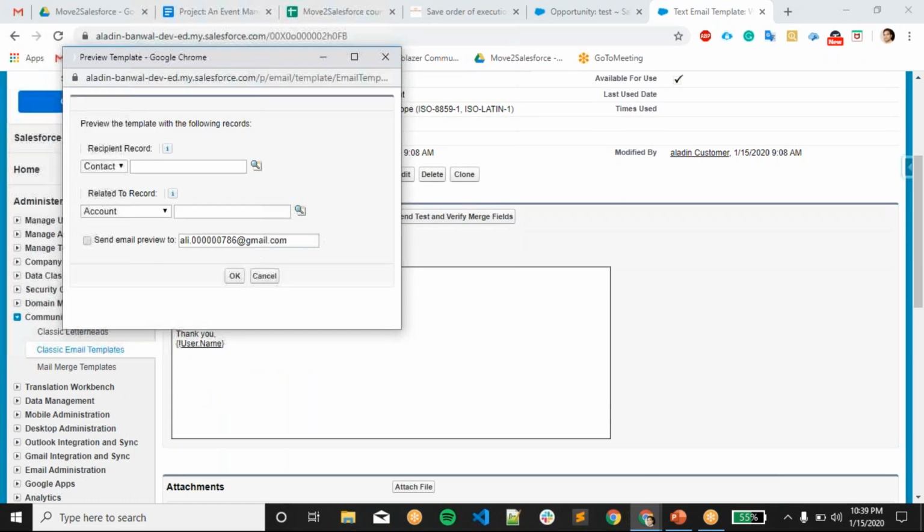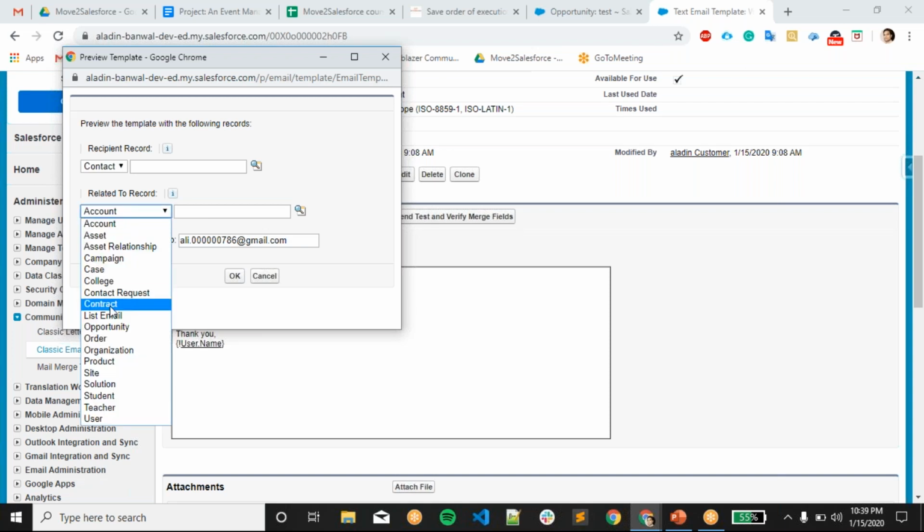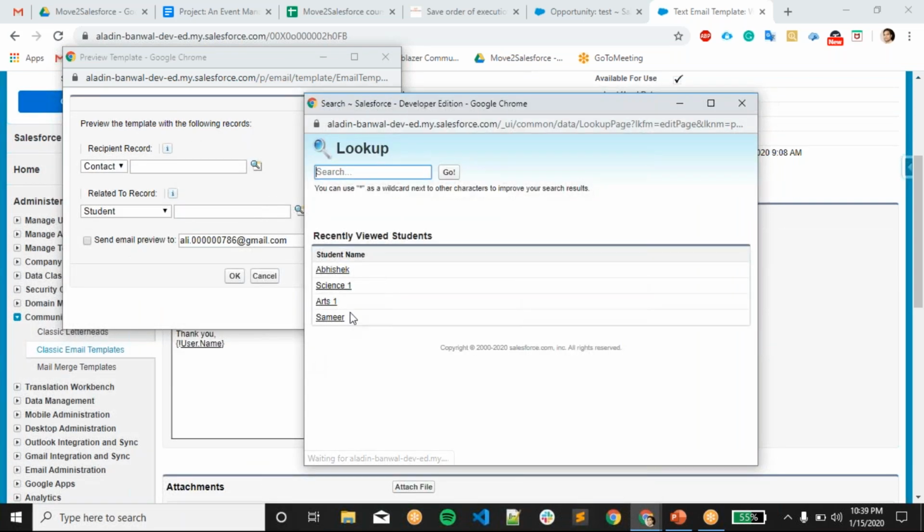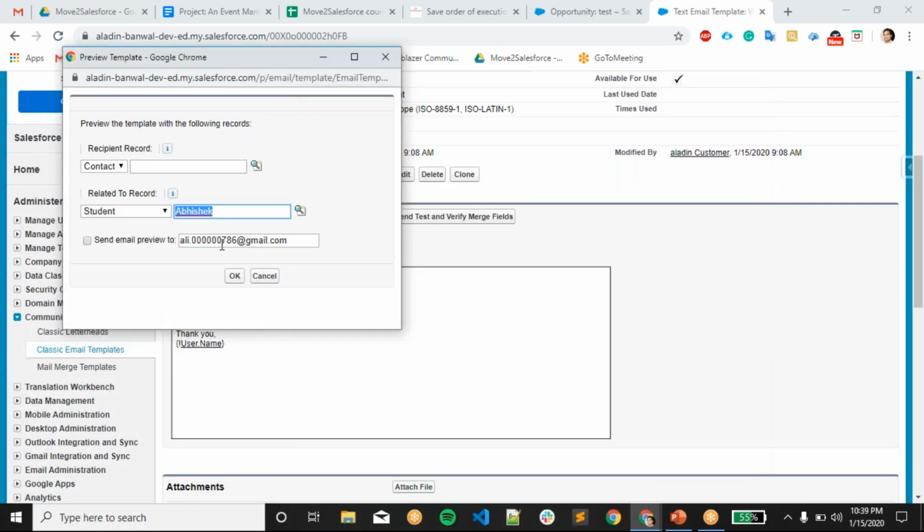So let me go and select student. Which record do you want? Abhishek, I have selected.